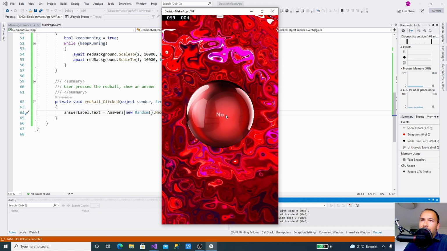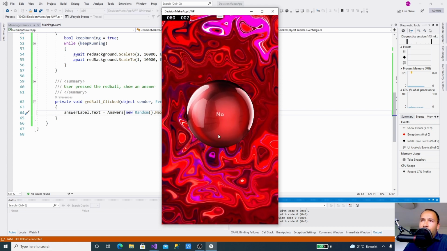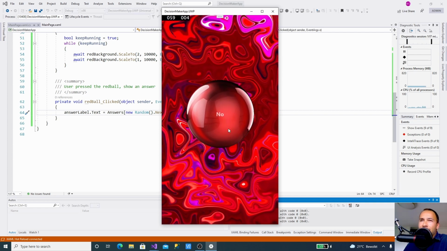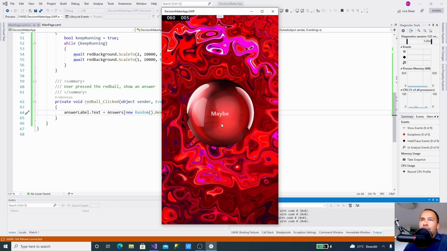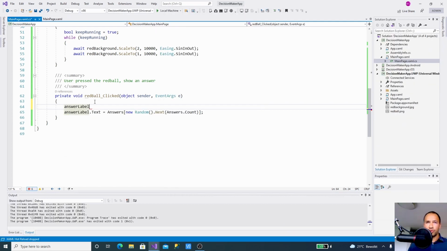It would be nice if the ball at first does not show any text, and when you press it, it shows the text, but only with some kind of fade in to make it a little bit more mysterious. So let's make sure this text label answer fades in and out. We're going to say this answer label